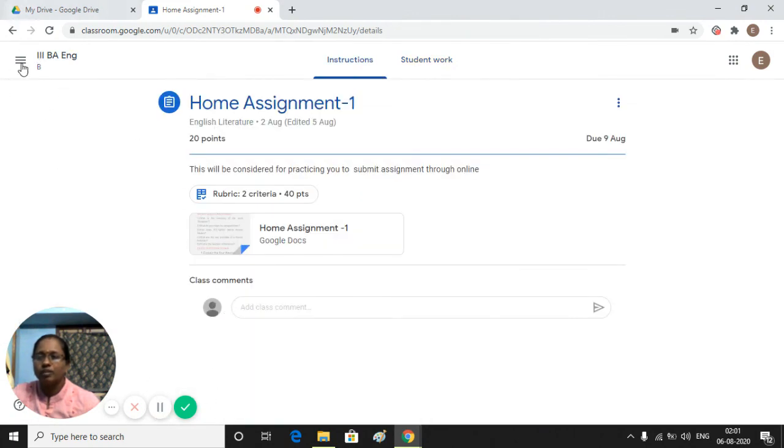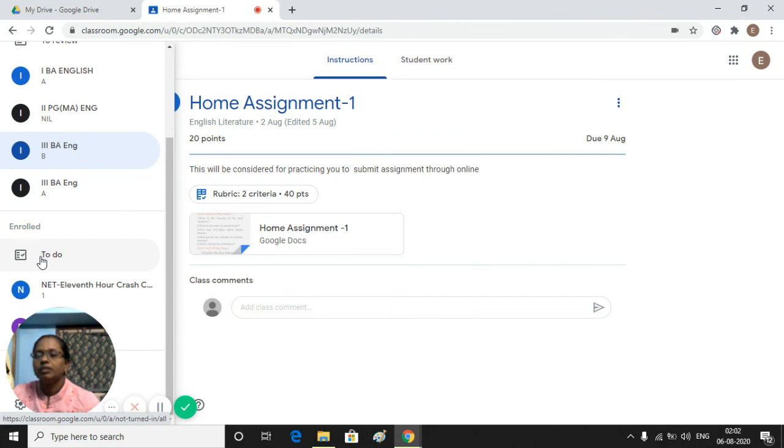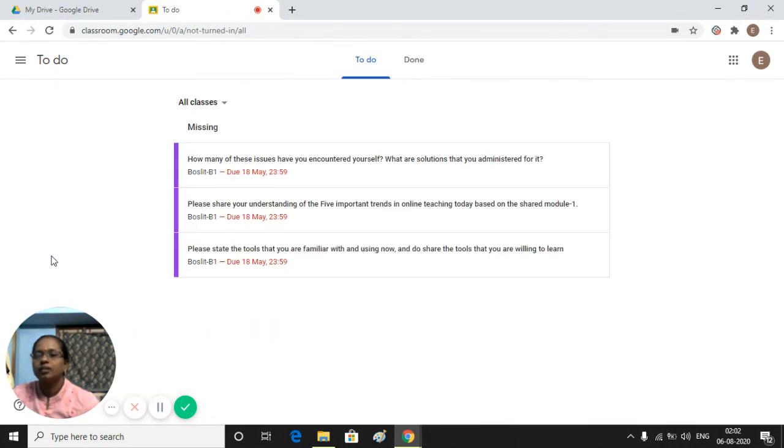Whatever we post will come up like that. In the student's class, notifications would be there. Whether you posted an assignment or attendance, everything is in the notification, and it will indicate it. If you want to review your class, you can review. If a student has to do homework, they have to click this option to do it. After that, they have done the work.